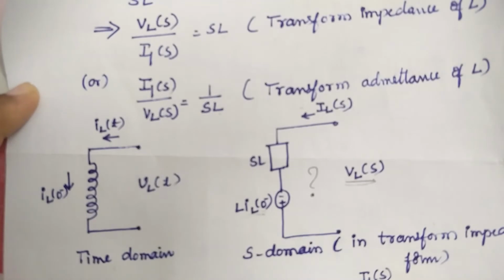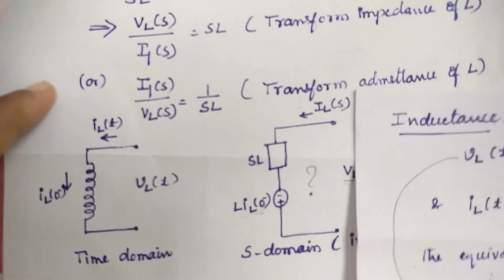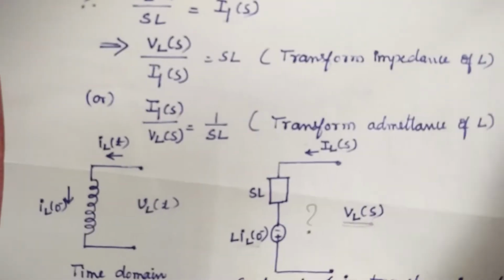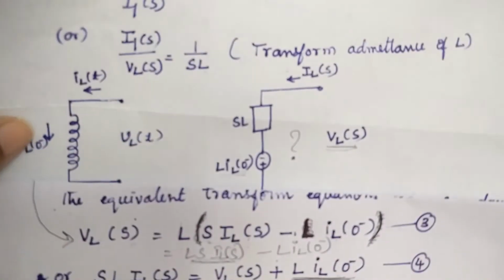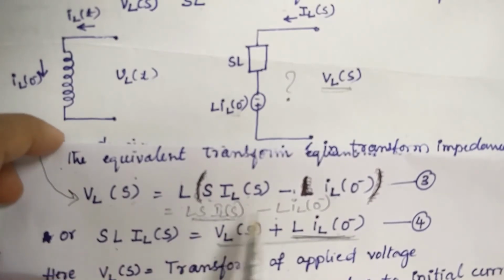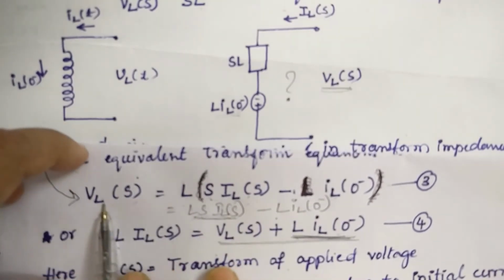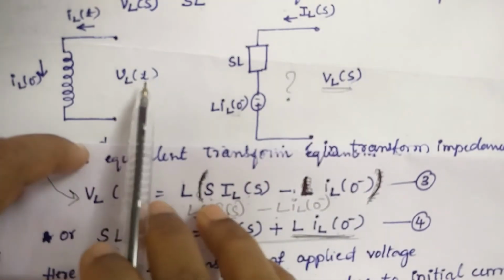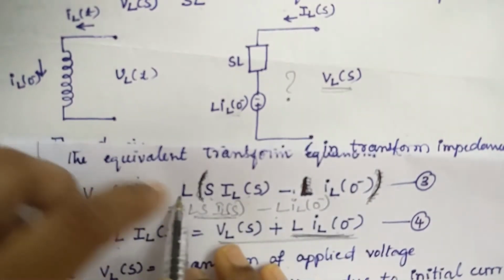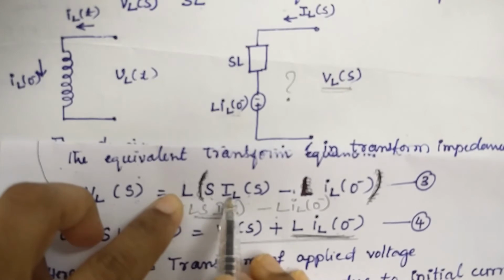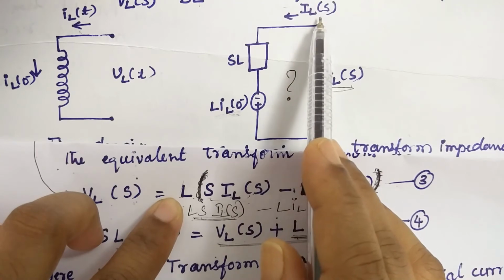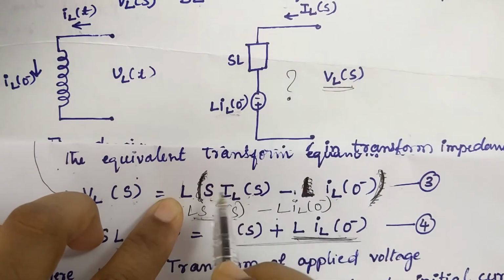So very simple. Let us observe that equation 4. I'll be folding the paper so that it will be easy for you to analyze. See here. This is the voltage equation, right? So VL of t in S domain will be VL of S, is equal to what? SL into IL of S. So here instead of IL of t, we have to write IL of S. Clear? So what is left over here?